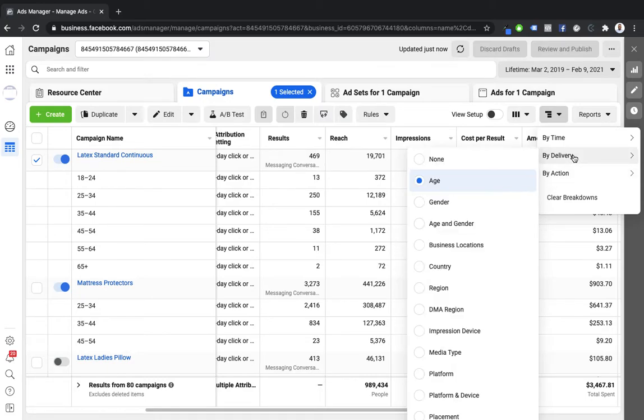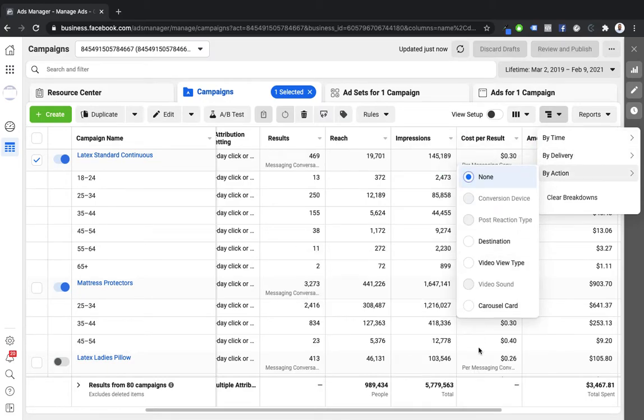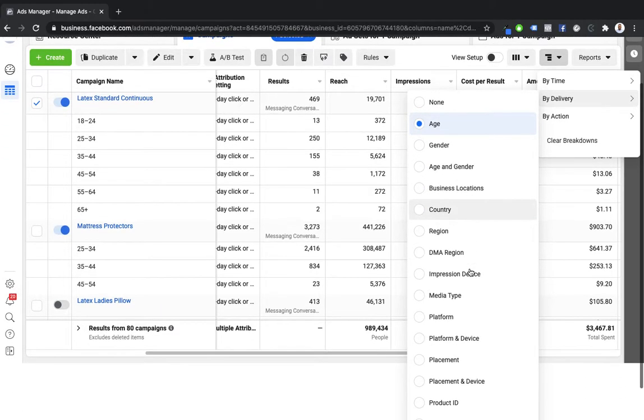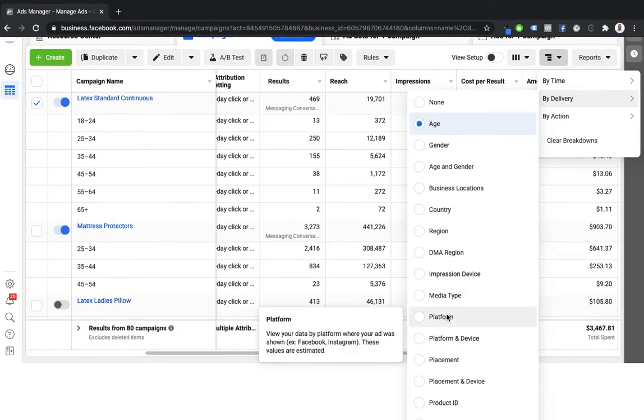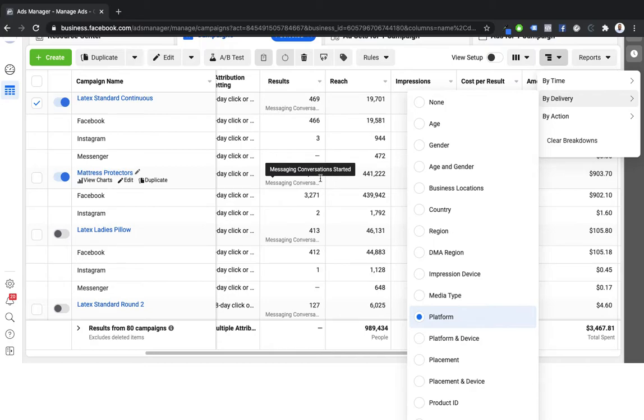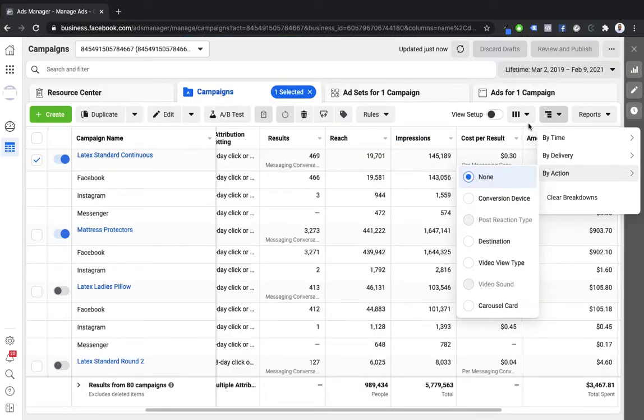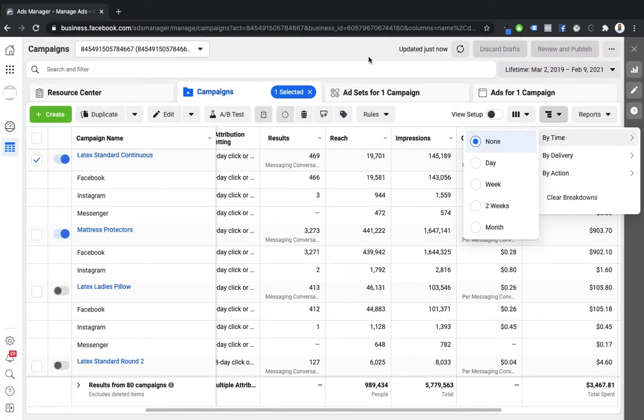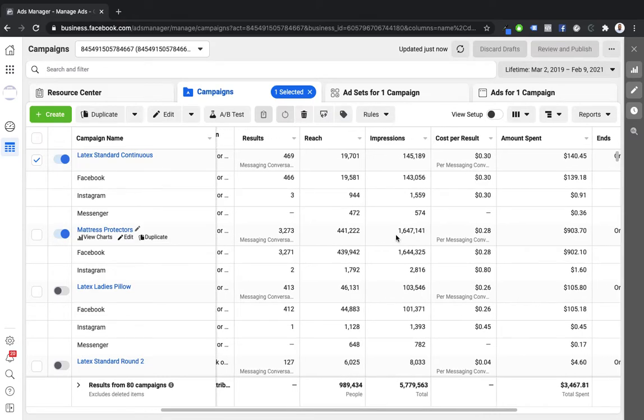For example, let's say you can see the delivery by platform as well. Which platform did it really work? Was it Instagram? Was it Facebook? So you can see which platform is really working for you, and then you can optimize for that accordingly. If you look here, you will see most of our performance on this ad account is through Facebook, and it has done well on Facebook. So we need to kind of game up on Facebook itself.